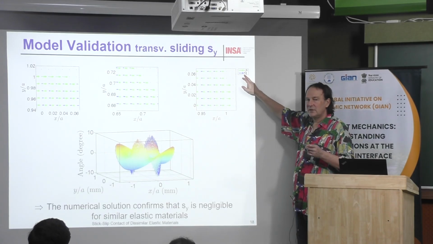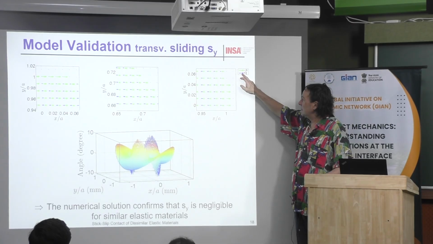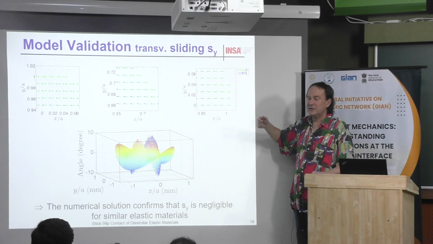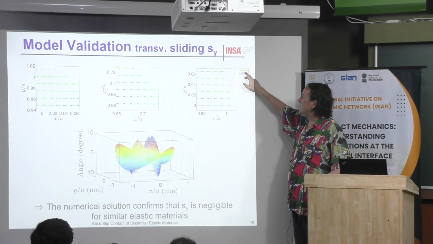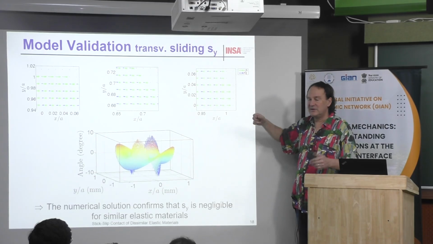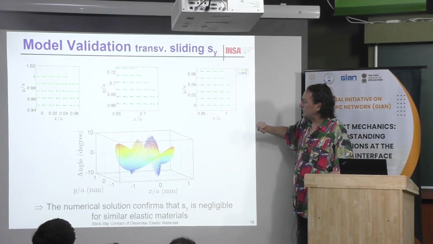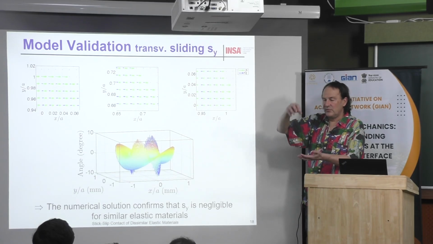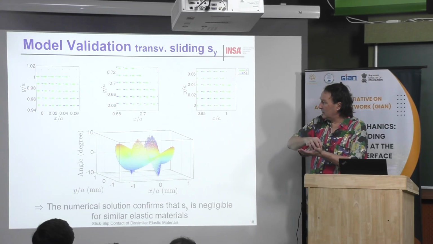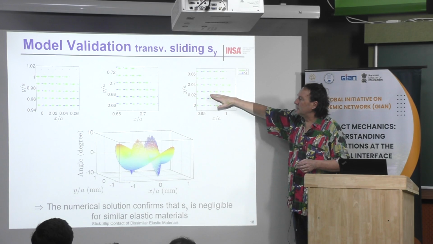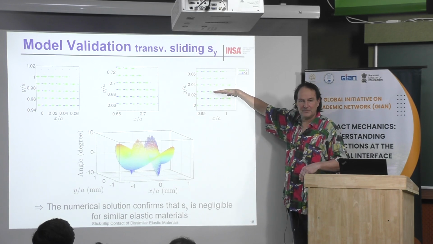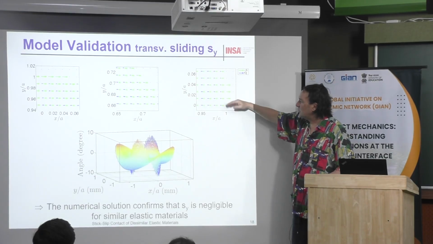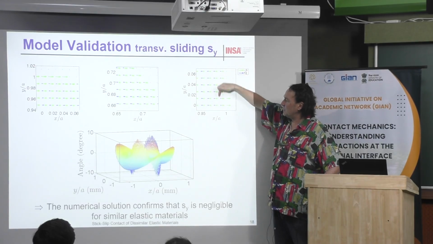you should always have the shear stress along the same direction as the sliding. This is the basis of the Coulomb law. It is always in the same direction, but opposite. Of course, when you have sliding, the shear stress is opposite to the sliding direction. In this situation, we have a ball sliding on a flat surface. It's difficult to see here, but it's almost horizontal. In fact, there is some effect. It's not perfectly horizontal, but this is why we can neglect the displacement along the y direction.